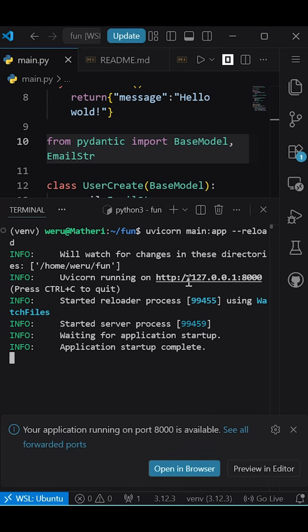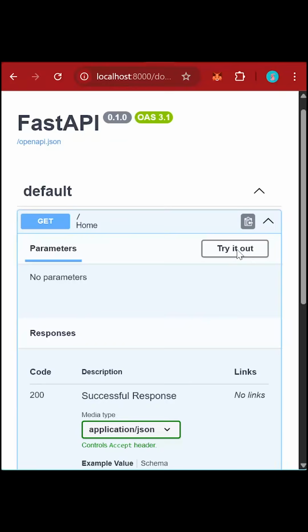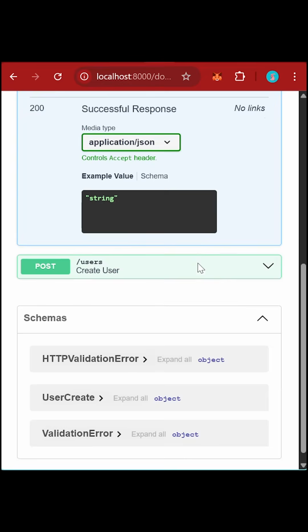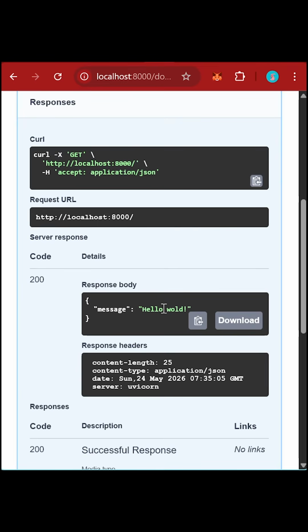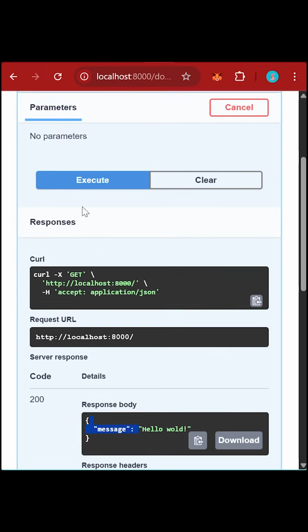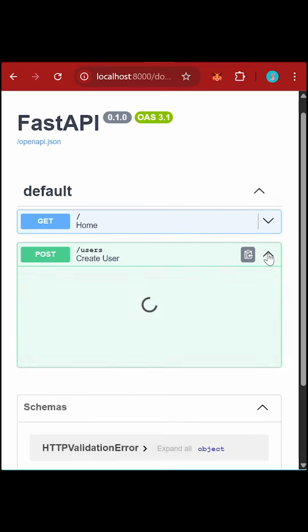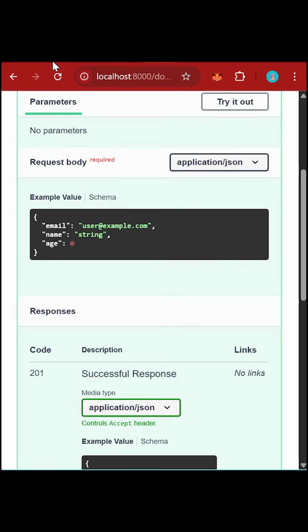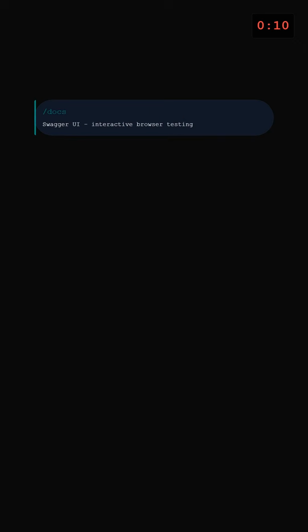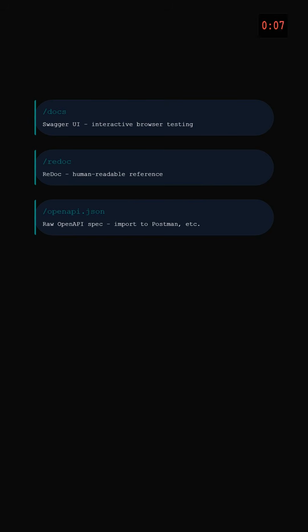If I now navigate to /docs, FastAPI has auto-generated a full OpenAPI spec. Every endpoint, every request model, every response type, every status code, all interactive. You can test your API directly from the browser. No Postman, no manual documentation. This updates automatically every time your code changes. In under 2 minutes, you have async request handling, automatic input validation, structured error responses, and interactive API